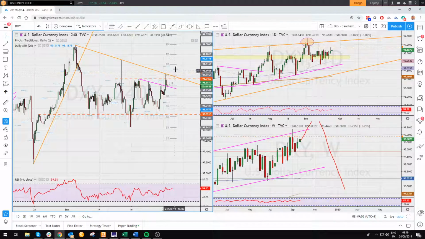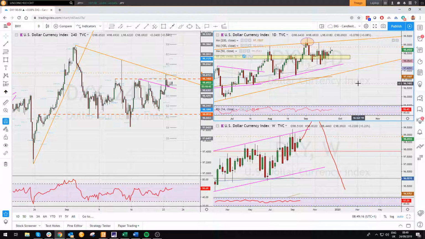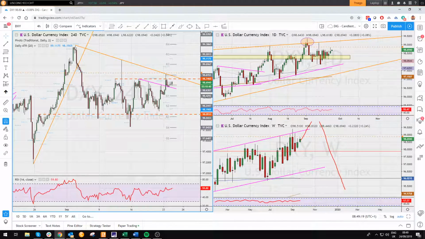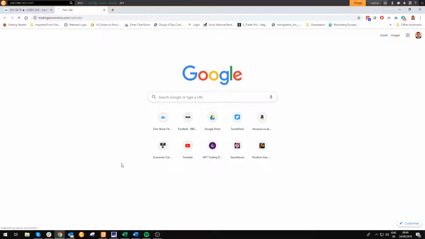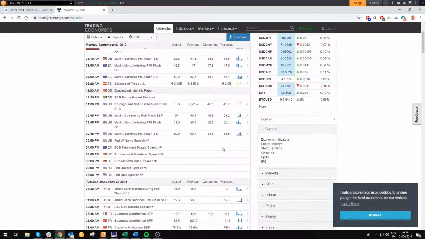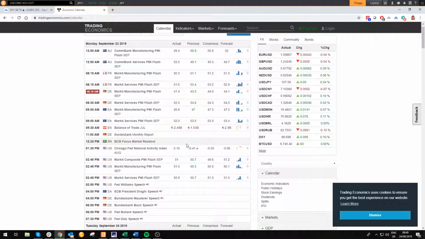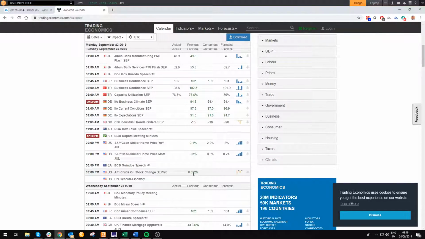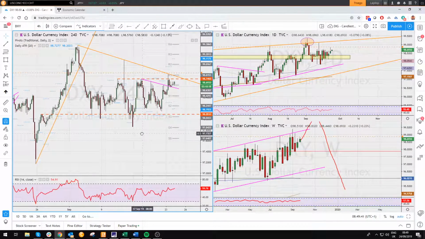So if we start breaking out, I think we will probably challenge the 99 handle again, or even the 99.30 zone again. Okay, so keep that in mind on the dollar index for today. Regarding data, we don't have anything important which is a market mover for the US. We have some Germany data in about 11 minutes, but I don't think this will impact anything that much anyway. So it's all about the market,